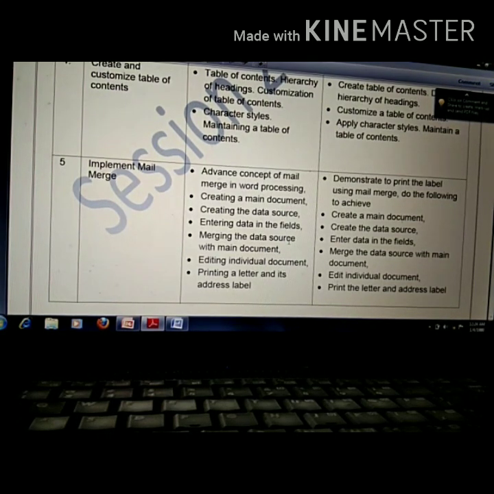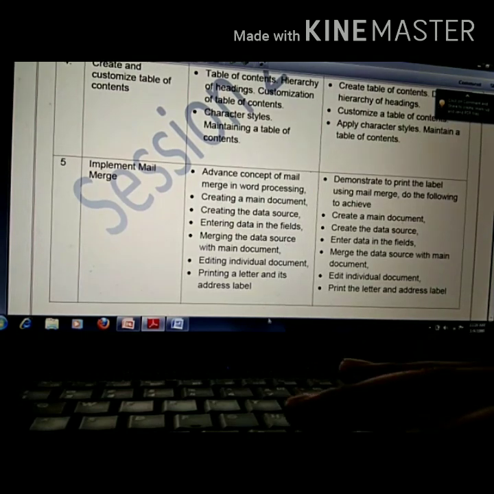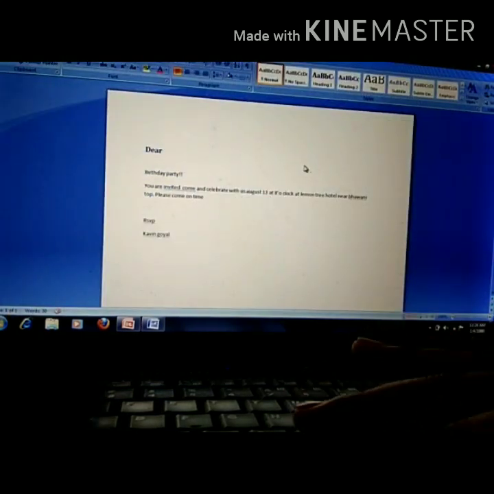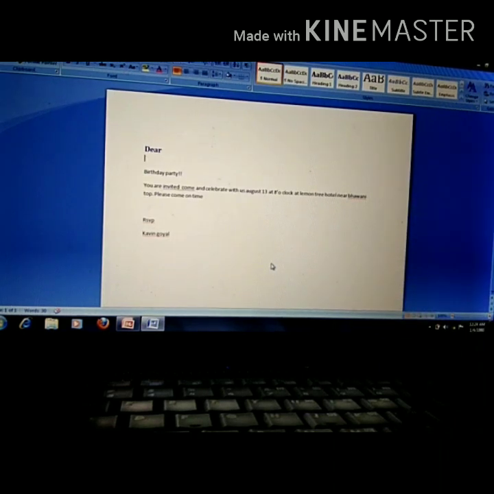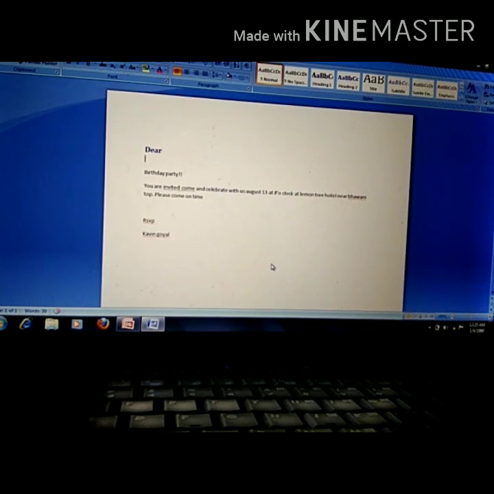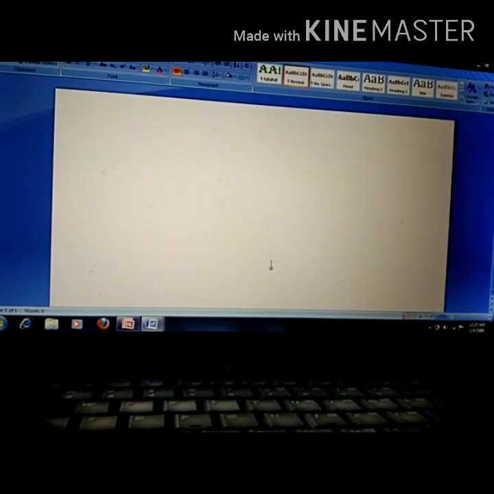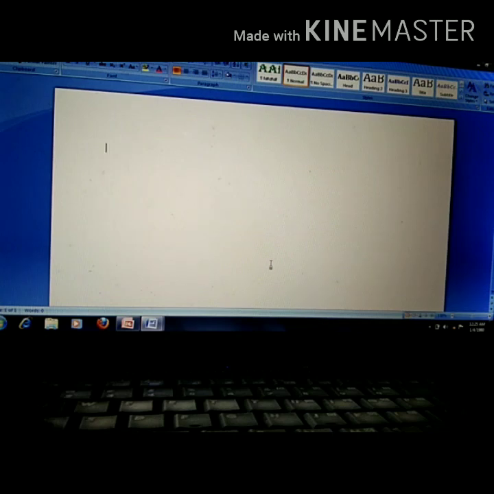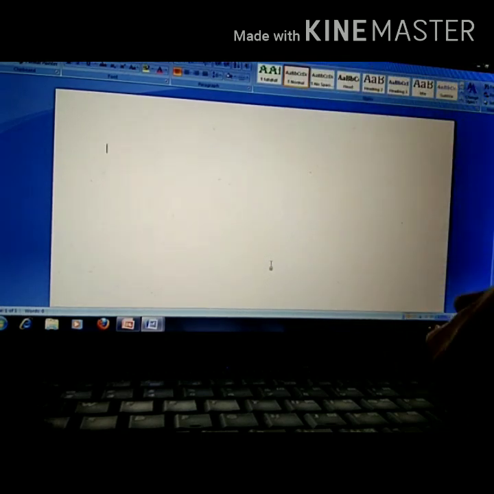Okay. So first we will take one quick recap of what we covered in our previous class. In our previous class we discussed mail merge. So this one is an already created document. Last time we created it, so I am taking this one. Now for you I am taking one new document with the shortcut key Ctrl+N. Done. I'll copy. This one is my main document.